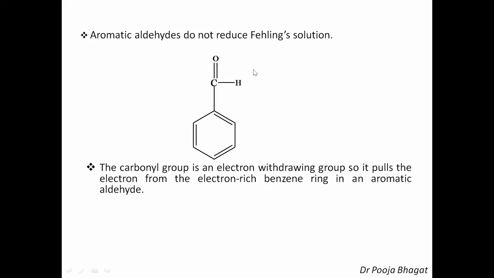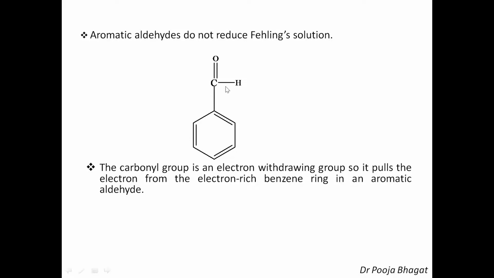This is the carbonyl group. You know it is an electron withdrawing group, and by resonance, it withdraws electron density from the benzene ring. This benzene ring is highly electron rich, so the pi electron density moves towards the oxygen and this bond will shift here. So by resonance, it increases the electron density, or you can say it reduces the electrophilicity of this carbon. The partial positive charge on this carbon is reduced due to the resonance, as the electrons are provided by the benzene ring.